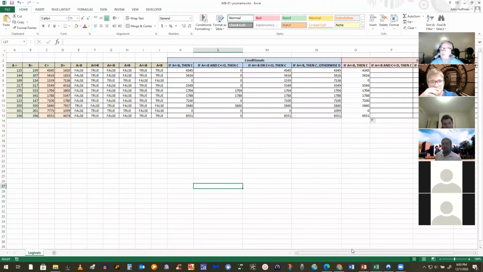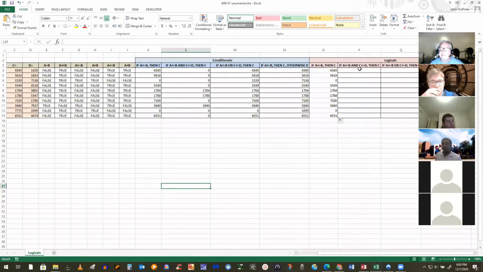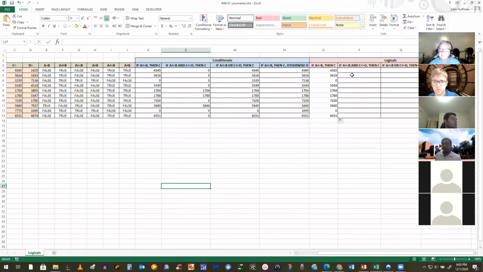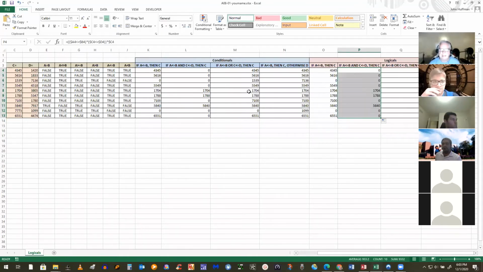Let's do a harder one. Let's do if A is less than B and C is less than D, then C. Again, if you want to just copy it over rather than typing it all in, I'm going to do that. And copy it down. And look at that, same numbers here. What does that say?